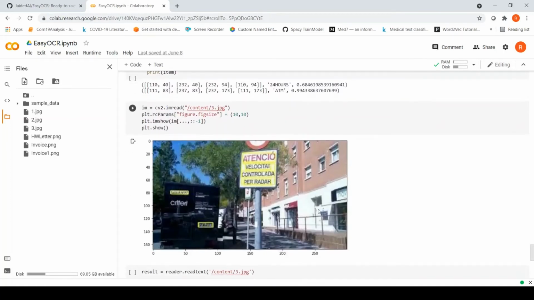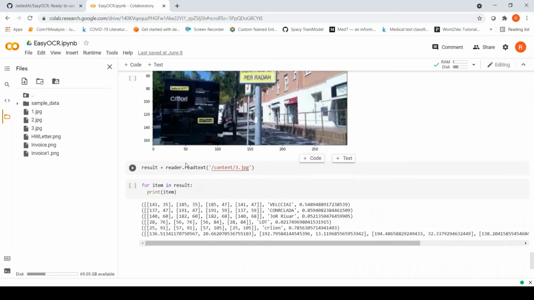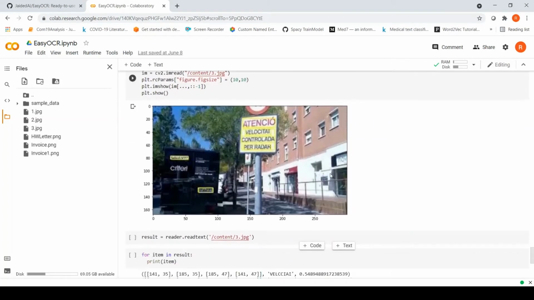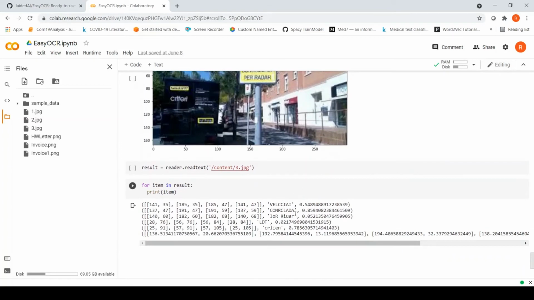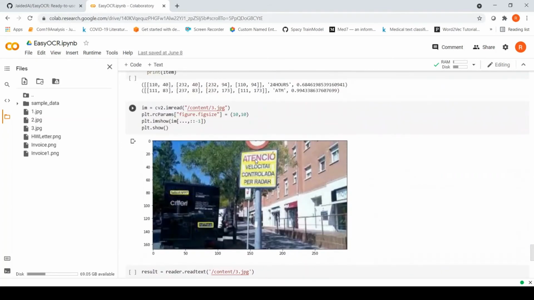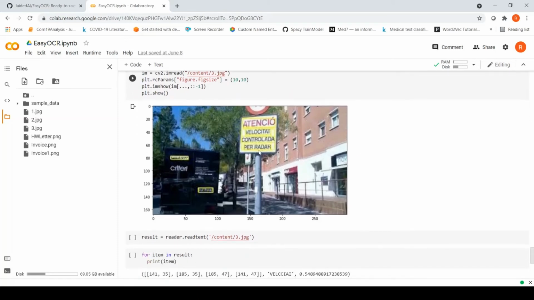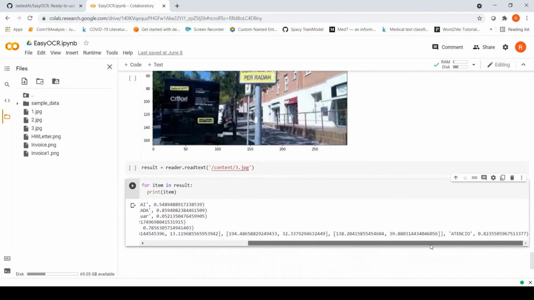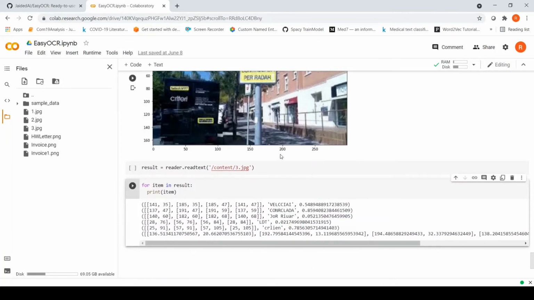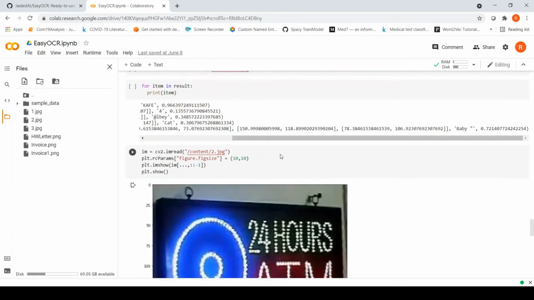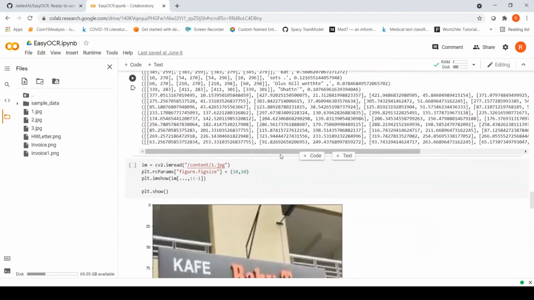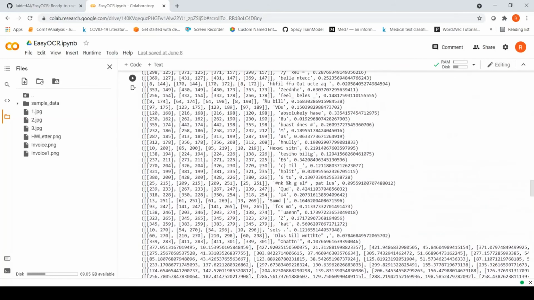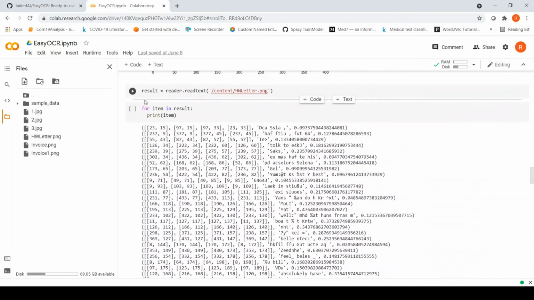Another scene image is this image. Here if you look at the output, I am again passing it to the reader, and it detects some of these texts with some errors. But then it misses out on this attention text. Probably the language is different over here. I don't know whether that's the reason for it being detected in a wrong way. So this was about how you can use EasyOCR out of the box, and how you can pass an image to EasyOCR and get the output.